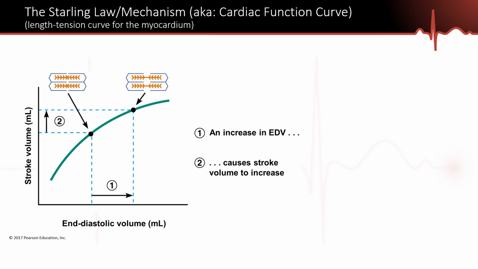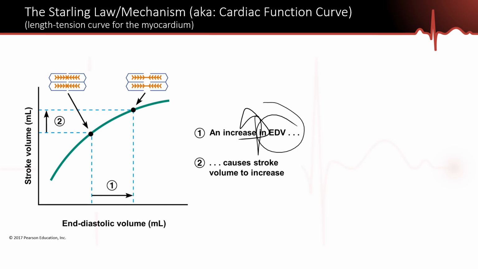So the overarching principle is, during physical activity, thanks to the sympathetic nervous system, more blood gets pumped around the body per minute than normal. Heart rate and stroke volume increase. If more blood is being pumped around the body per minute than normal, then there's also more blood coming back to the heart than normal. And that means there's more blood filling in the chambers than normal. So what happens during lower and moderate intensity physical activity is end diastolic volume actually increases. The amount of blood that's within a chamber at the end of relaxation